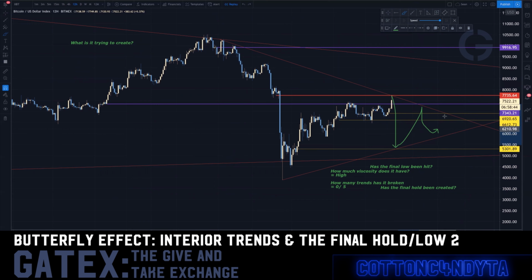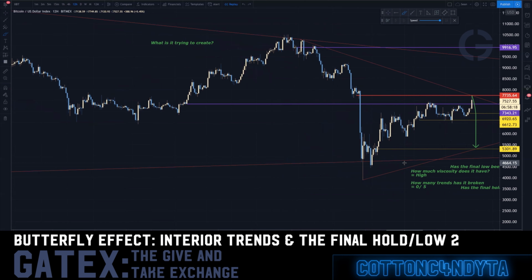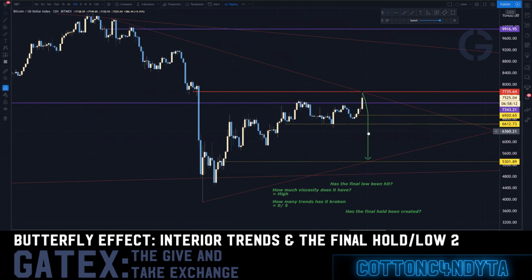So if it continues to move up like this and then this and breaks once and creates its next hold level and then has its own little hold level here. And then this fans out to here and it breaks that trend again. Like you're basically attacking this part of the move. You've already hit your final hold level, which creates your final low, which creates your actual final hold level. Because once this breaks, then the whole thing is collapsed, right? Because you're starting that laddering process all over again. So it becomes a moment of polarity as to where you see the viscosity in this move can just completely pull this thing back and destroy the move.